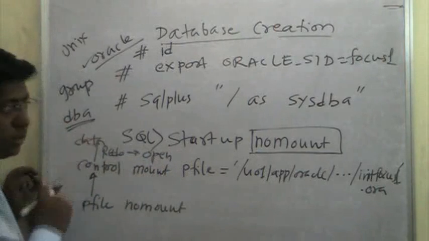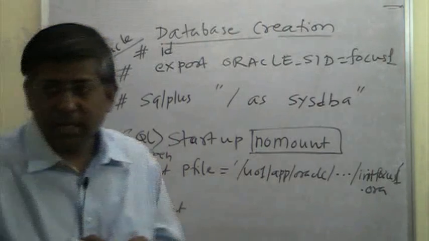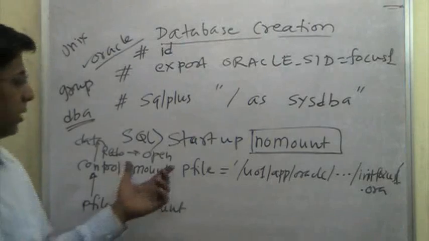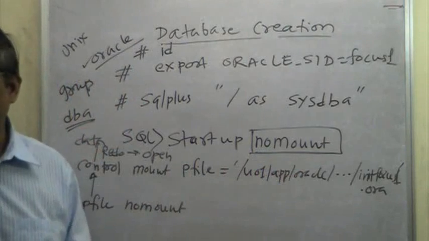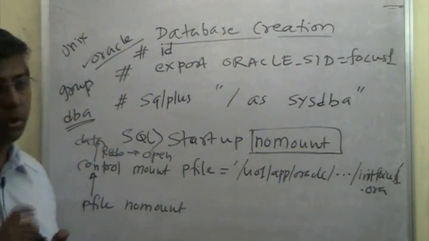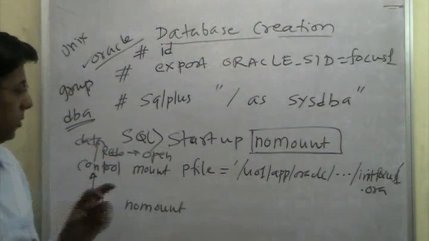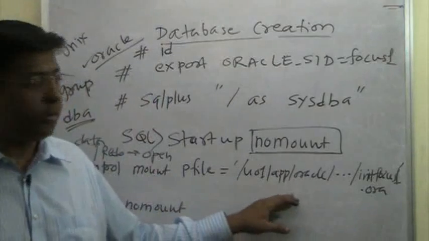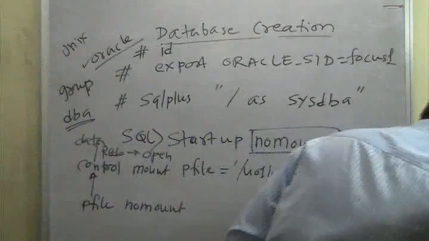So we will again discuss this in much more detail. When you have only the pfile, that means if Oracle has read only the information in the pfile, we say that the instance is in a nomount state. Why are we starting up the instance in nomount state? Because there is no control file, because there are no redo files. The only file that we have is the pfile, and that is why we are forced to start the instance in nomount mode. These are the phases: nomount, mount and open. So we have started up the instance in a nomount phase. The instance knows the important parameters, and those are read from this file. Now the next thing is to